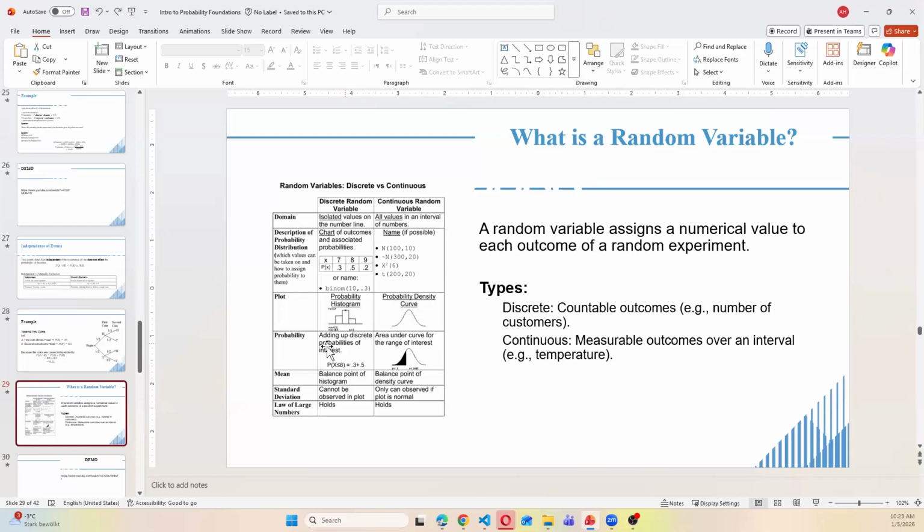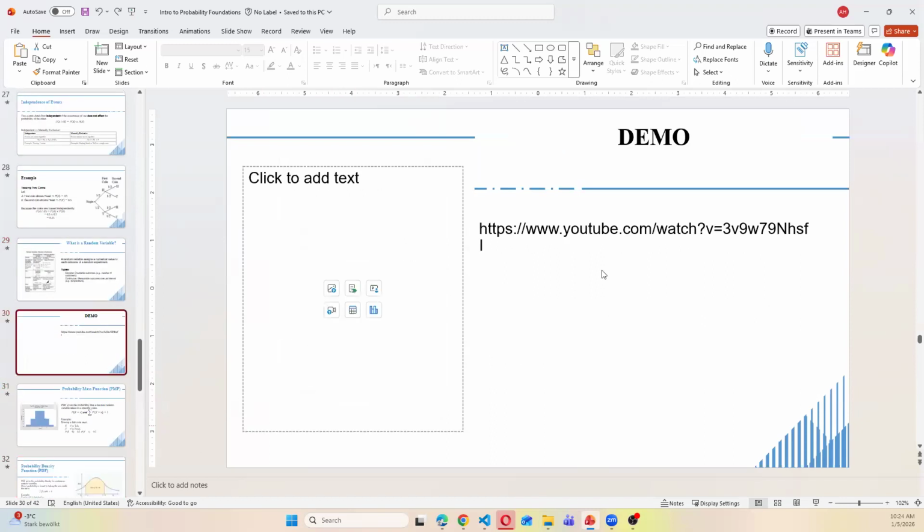So you can add up discrete probabilities of interest. If it is less than or equal to 8, the probability of x less than or equal to 8 is like 0.5 plus 0.2 or whatsoever. But in here you will have a region, an area under the curve. So you will have some portion of this one. So you can see here, maybe with this one,